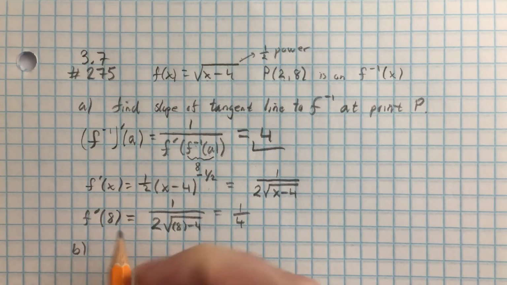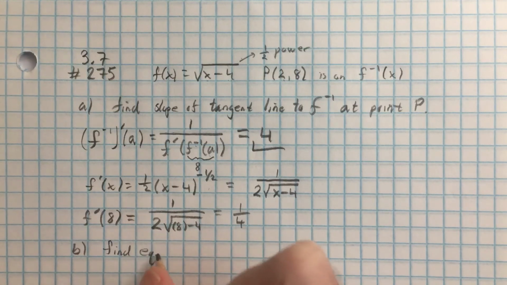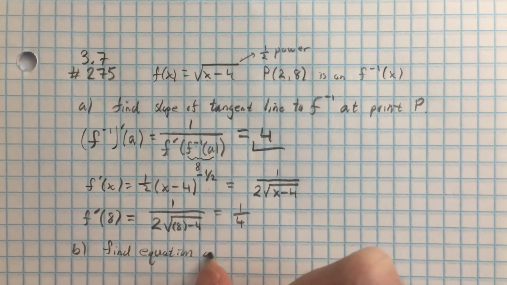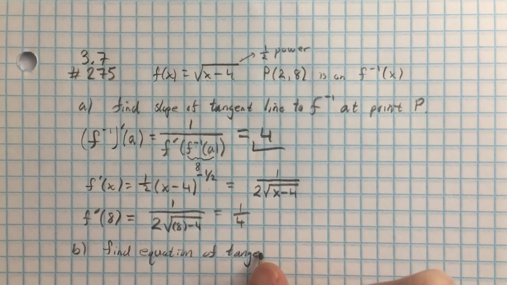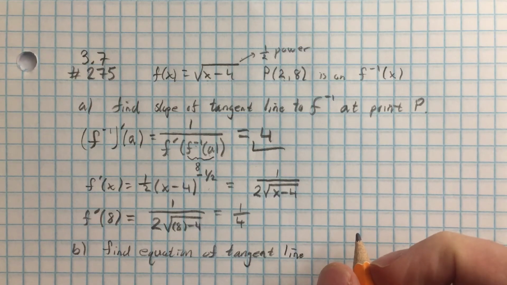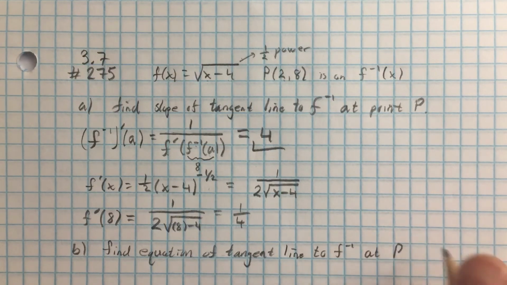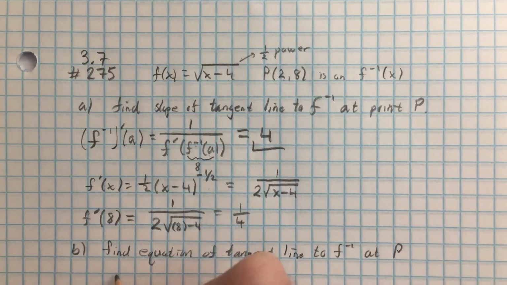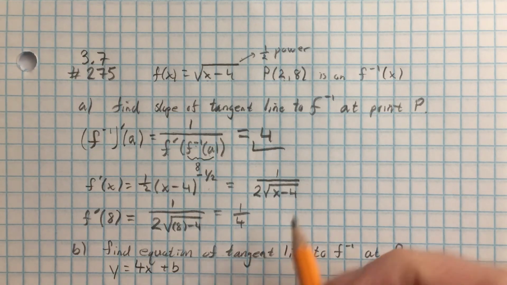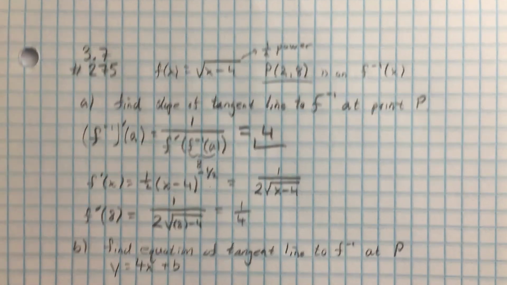And part B is find the equation of the tangent line to f inverse at P. All right, no problem. Again, we've got the tangent line slope. It's known to be 4. And we just need to fill in what the mystery y-intercept is. But we have a point right here, which is on the inverse function, 2, 8. So we just plug it in, and we will get